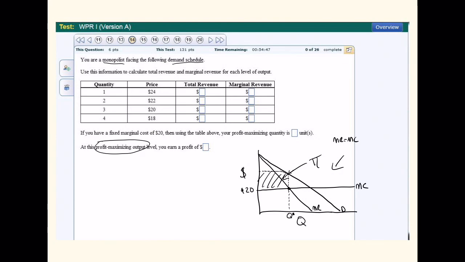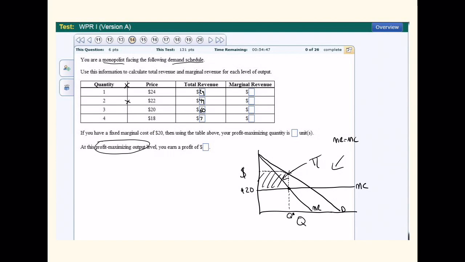So first it asks us to find total revenue. So total revenue is just quantity times price. So 1 times 24 is 24, 2 times 22 is 44, 3 times 20 is 60, and 4 times 18